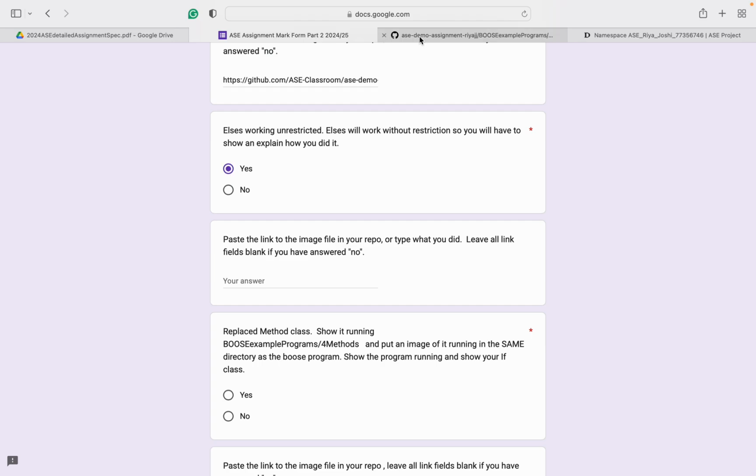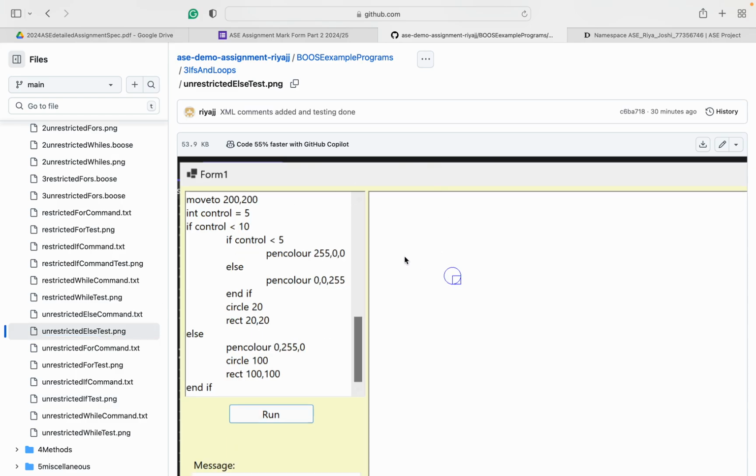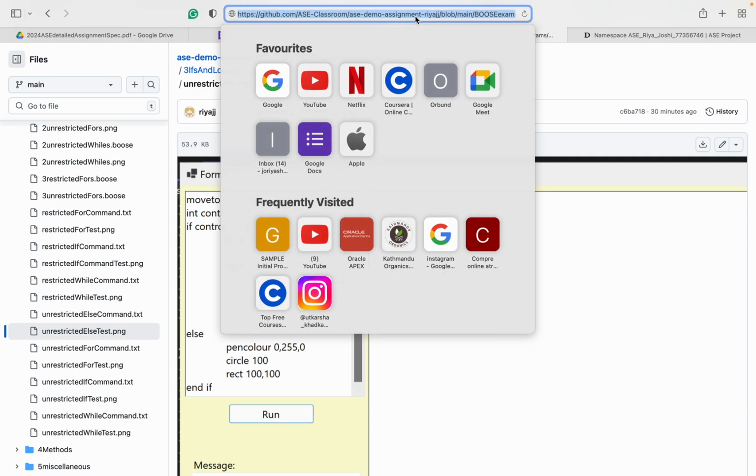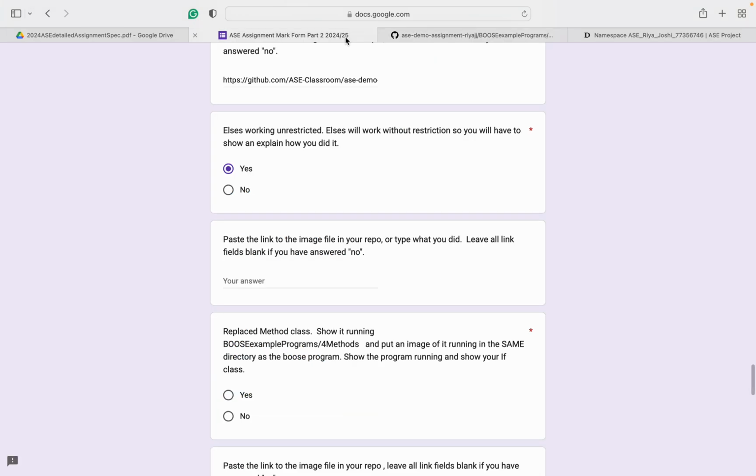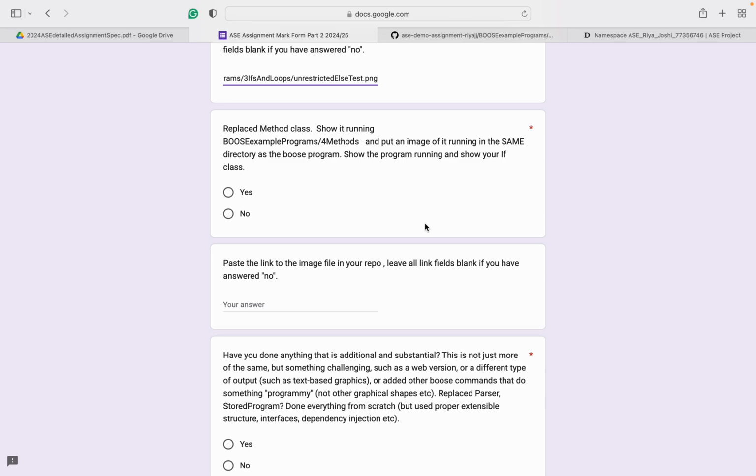Yes. As for the unrestricted else test.png, this is the image, and here is the link for the else.